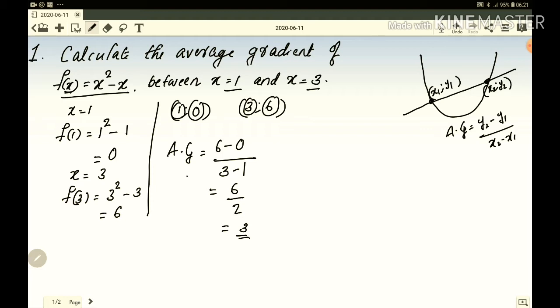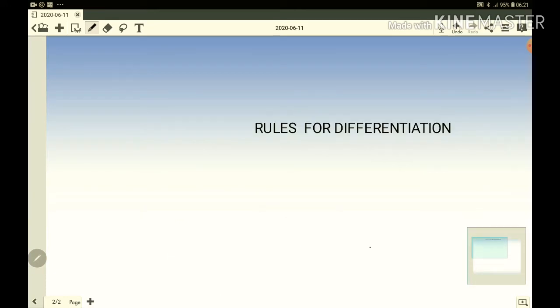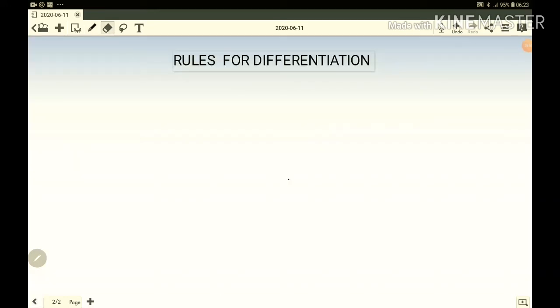Clear? Now we can move to our main topic, that is rules for differentiation. Okay, rules for differentiation. This is also another method of differentiation. This method is quite easier than first principle. Please use first principle only on those questions where it is clearly stated that use first principle to differentiate. Clear? And all other questions, you have to use these rules. Most probably you will get only one question to use the first principle method. All other cases, just rules.